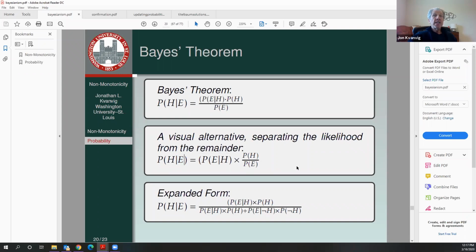We are going to prove Bayes' theorem, but one thing to note is that Bayes' theorem has an expanded version that I want to call your attention to. It helps connect it with the total probability theorem that we just talked about. Notice the difference is the denominator is much more complex in the expanded form. Up here, we just had the probability of E. Down here, we've got an ugly mess. So what's the connection between what's down here and what's up here? The answer is,